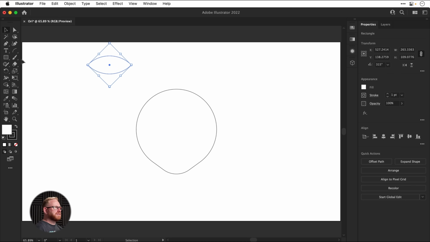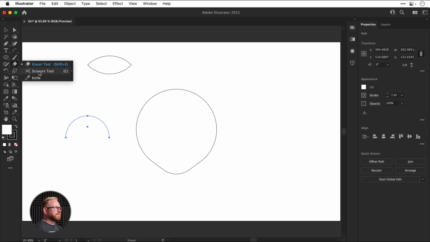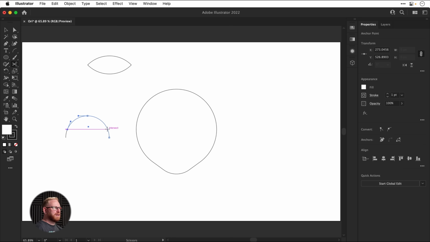Another way we could do this is we could use the ellipse tool, click and drag to draw a circle, use the direct selection tool to delete the bottom half. And in fact, what we can do now is actually go and use the scissor tool. And you could make a cut, say here, if I want my eyes to be slightly taller. So we've made 2 cuts, use the direct selection tool to remove the bottom,